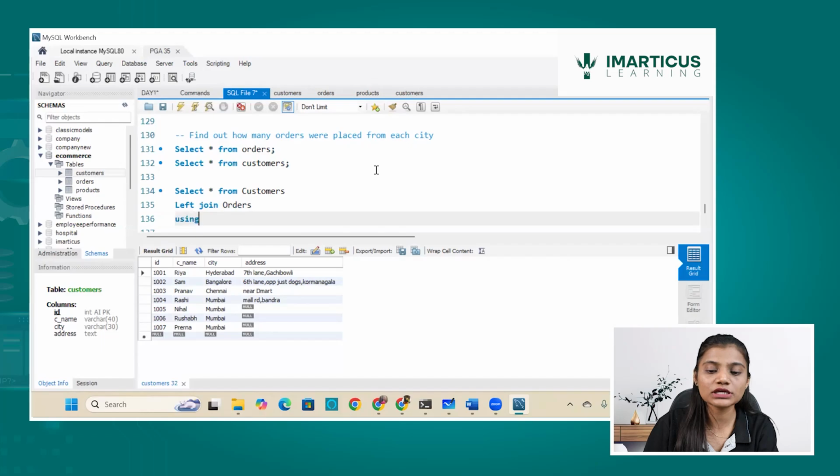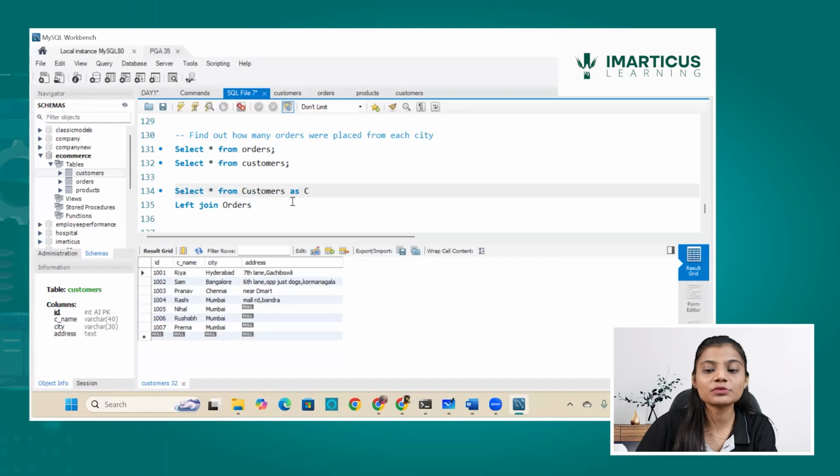If I do with using, it's fine because I know customers and orders have a shared column, which is named ID. But if I want to use on, is it not possible? Yes, it is possible. That's a basic way of writing the joining condition. But at certain times, I don't want to repeat the customers table name, as the table name could be big. I don't want to repeat it again and again. So I can give an alias.